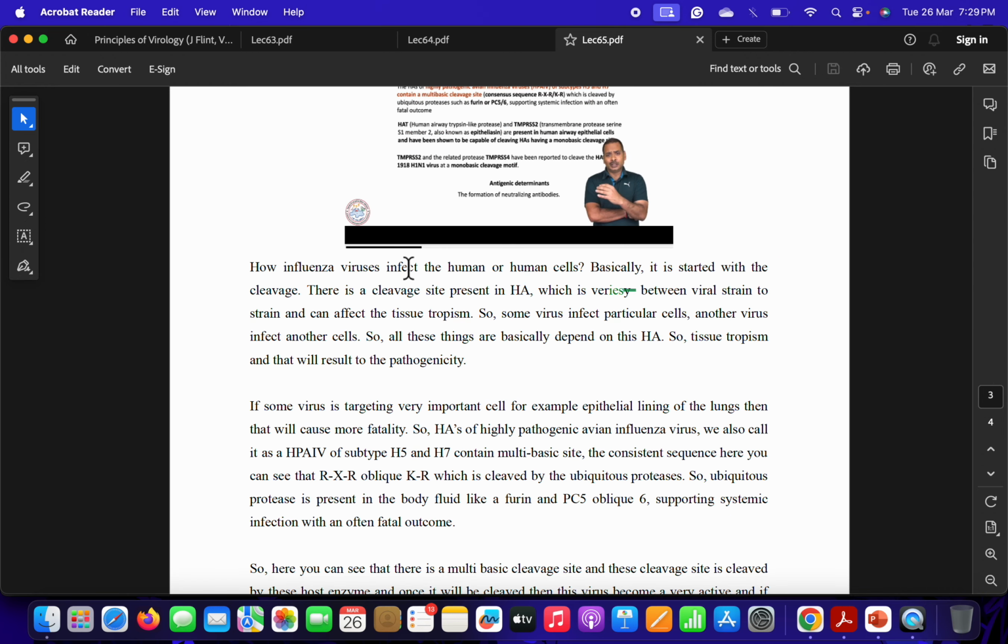How does influenza virus infect human cells? Basically, it starts with the cleavage. There is a cleavage site present in HA, which varies from viral strain to strain, and can affect the